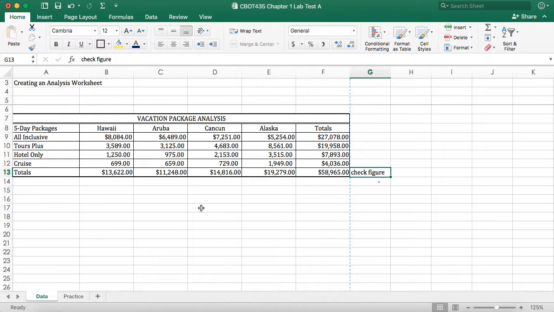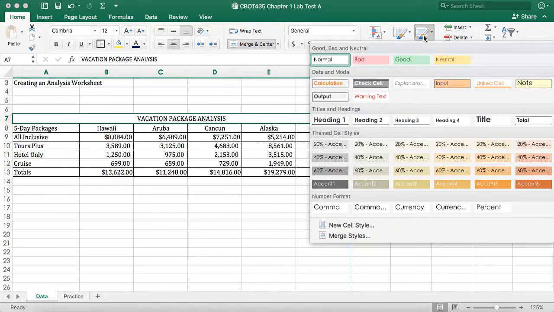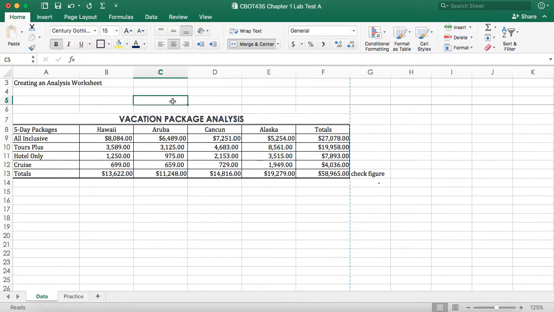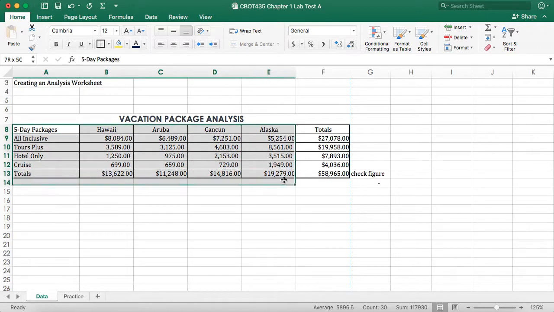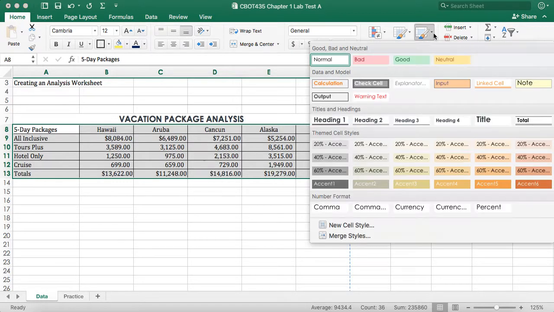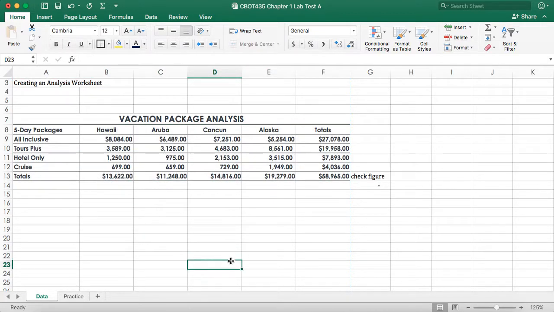It says format the worksheet title, vacation package analysis, and use Heading 1. If you remember that, the headings come from over here, Cell Styles. Here is Heading 1. You'll notice that it changed the underline from a double to a single and bolded it. So that is 4. Format the range using the Heading 3 style. So we're going to format our range here. Heading 3, and that's bolded. Using this font, it makes the bold look a little funny, but that's okay. That's what they're asking us to do. And you can practice using different